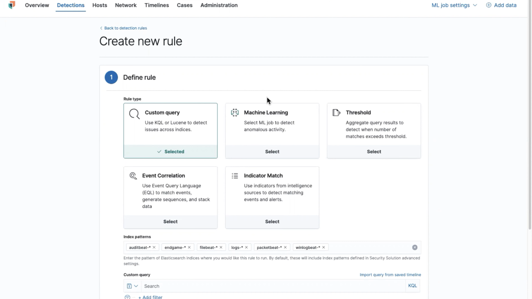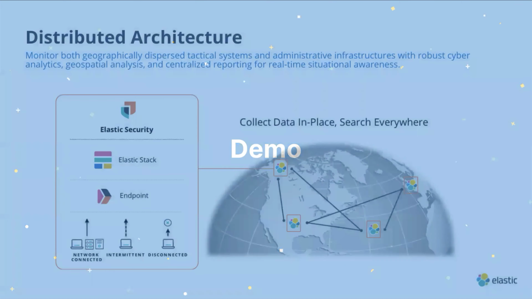So that's just a real quick sneak peek. I welcome anybody, if they want to go kick the tires, you can go over to cloud.elastic.co for our commercial offering, and then I'll show you a link in just a second. If you want to go over to our GovCloud instance and stand up a trial there, we welcome you too. So popping back to kill you guys a little bit longer with a few more slides before we wrap up,